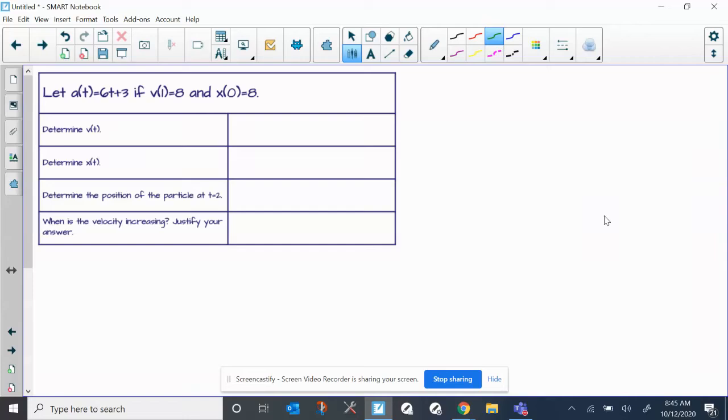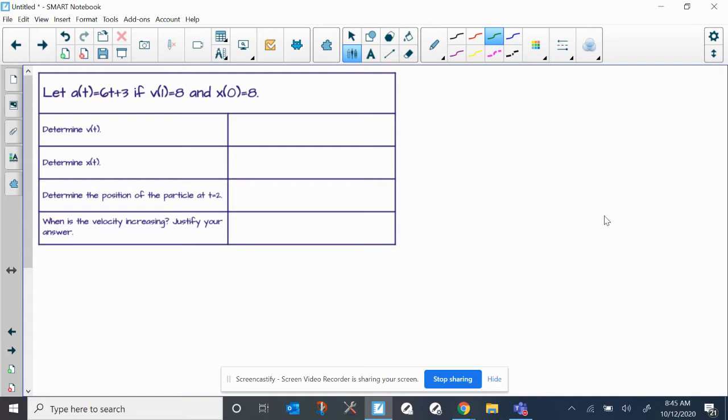Let a of t equals 6t plus 3, and v of 1 equals 8, and x of 0 equals 8. So it's giving me not really an initial velocity, but velocity at time 1 is 8, and then the position at time 0 is 8. So the first thing you need to do is figure out what the velocity is, and I'm going to do